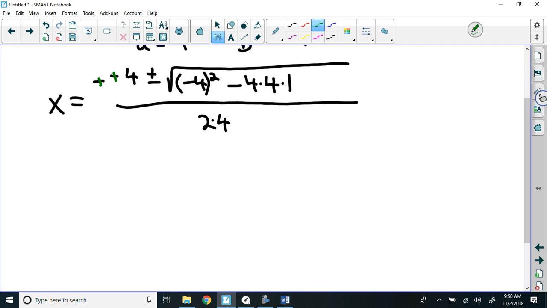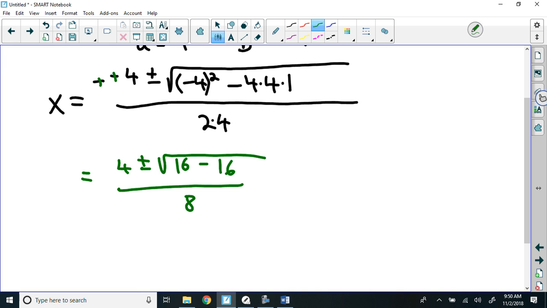So evaluating this is going to take up a lot of space on my paper. That's going to be +4 plus or minus the square root of 16 minus 16, and that's all over 8. 16 minus 16. Huh. 16 minus 16, isn't that 0? So I get 4 plus or minus the square root of 0 all over 8. So there's something very noteworthy that happens here. My discriminant